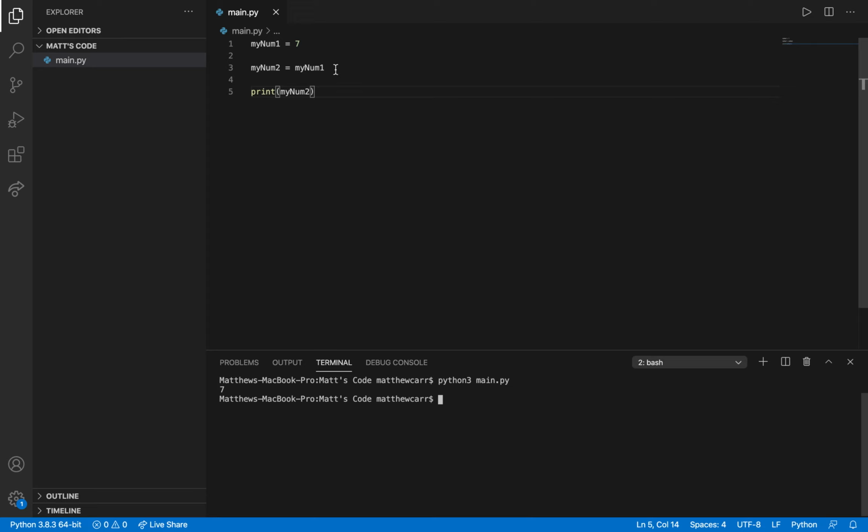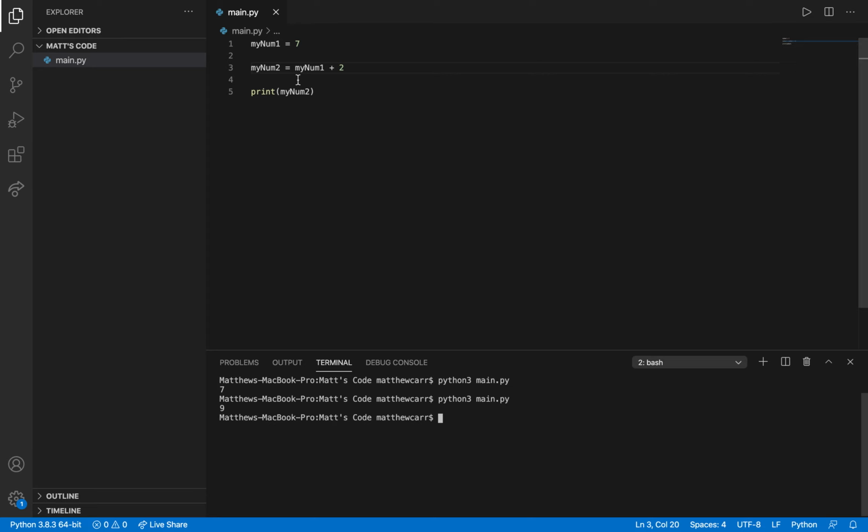Cool. And then maybe you want mynum2 to be some kind of manipulation of the first variable. So let's say we want mynum1 plus 2, and we want to assign this value into mynum2 and print it. And we get 9.